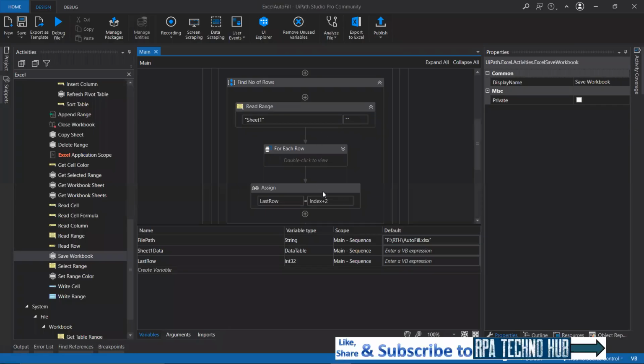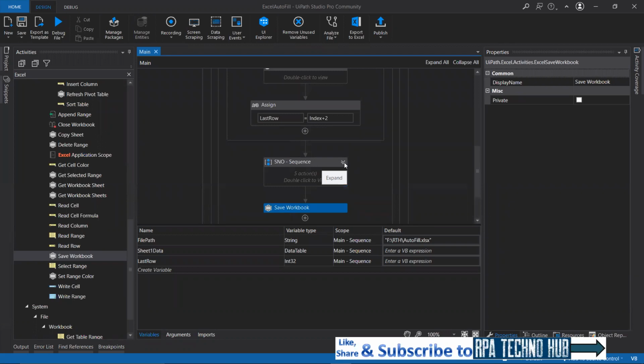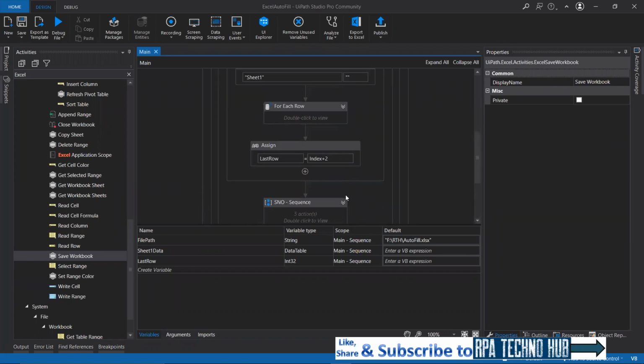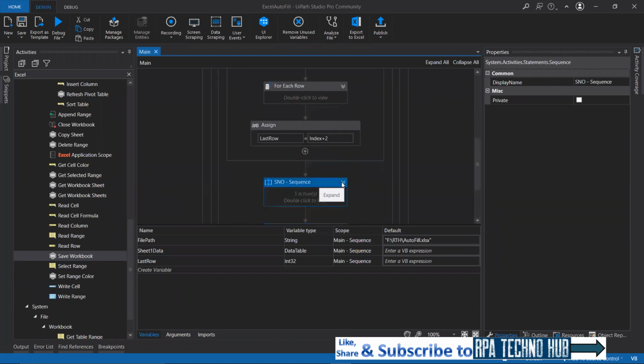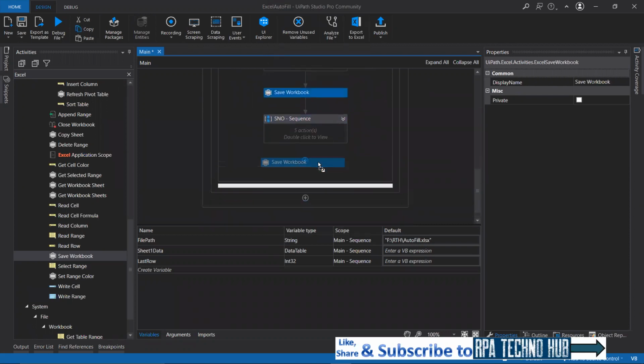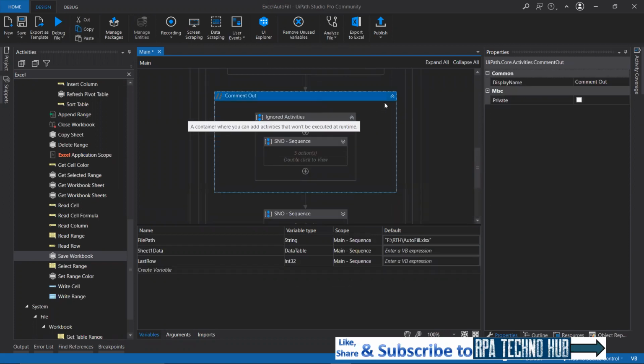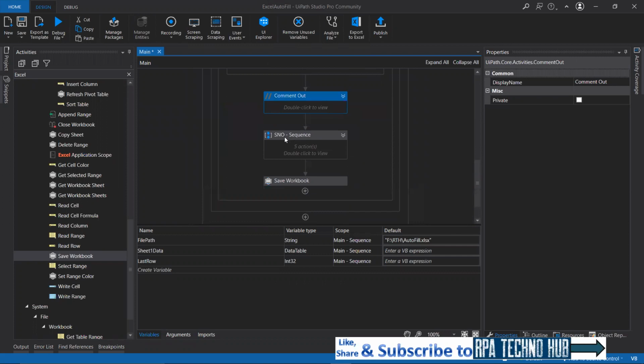So for that, I will just make use of the same sequence, right? I'll just do copy and paste. I'll drag and drop this here, and now I'll comment this out, Control D. So here I'll change it as order,